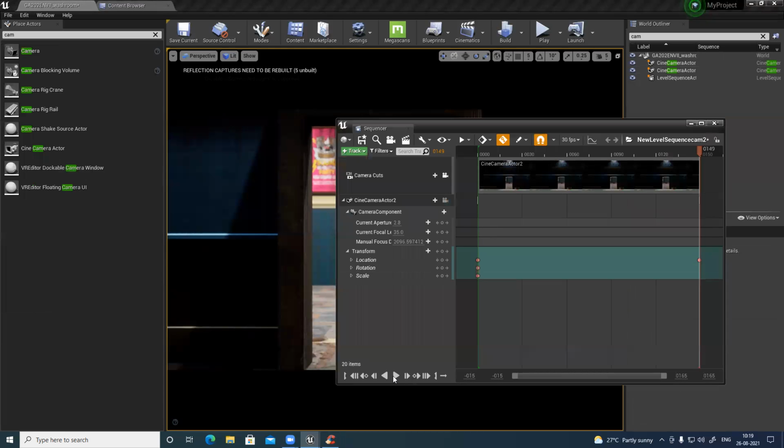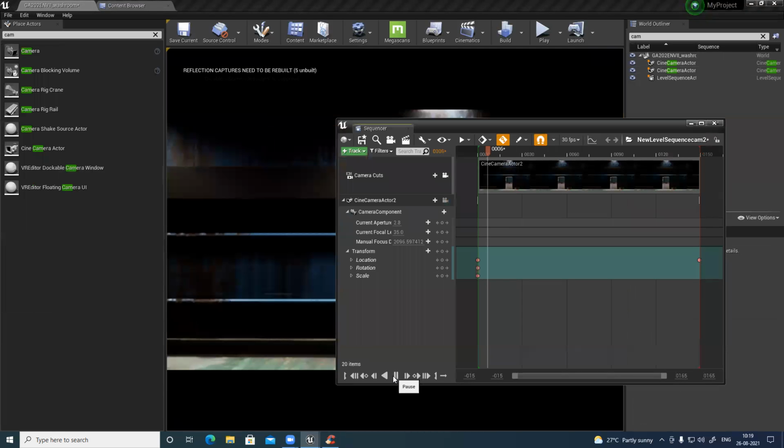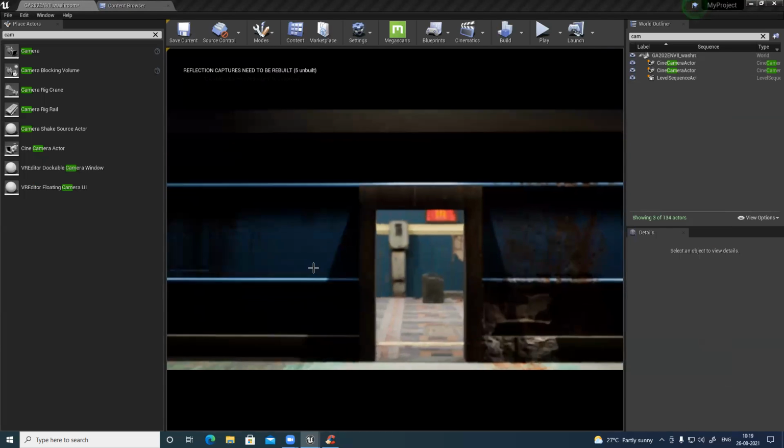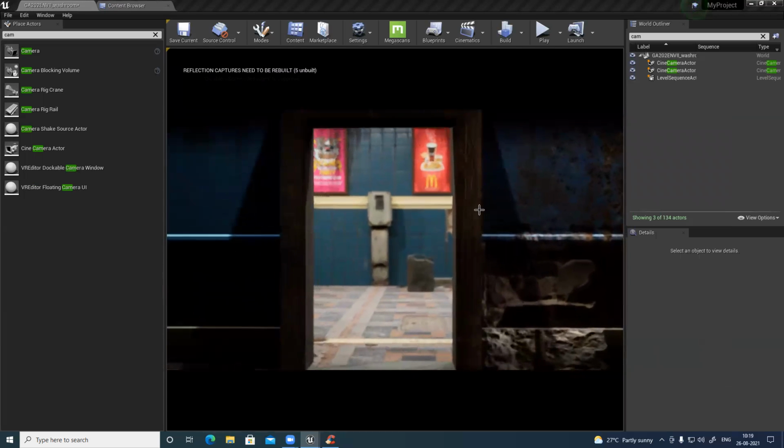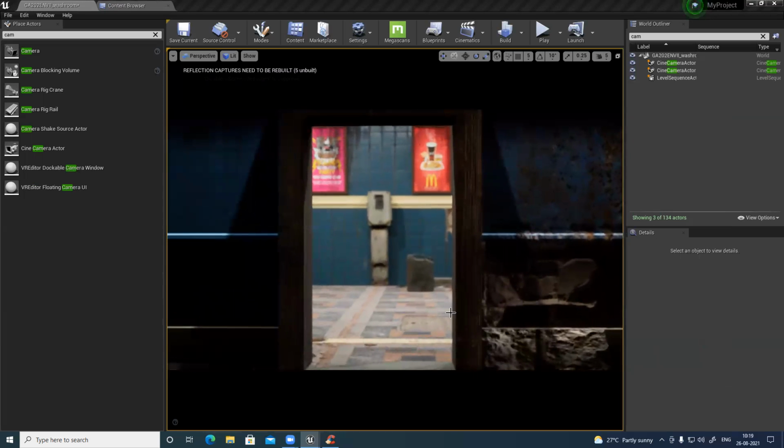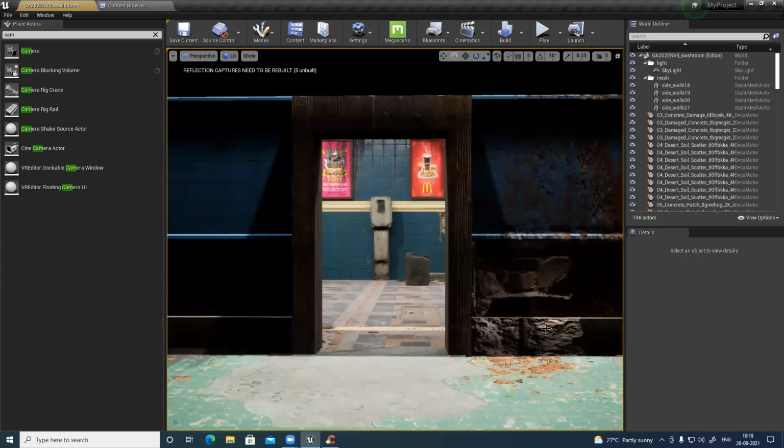and I want to play this. So play again. You can see the camera movement. It was out of focus. Now it came to focus. So I can change this. So camera 2 is ready, and if you're happy with it, stop it. Now this is the exterior. I have created 2 cameras. Now for inside, I can have multiple cameras again.